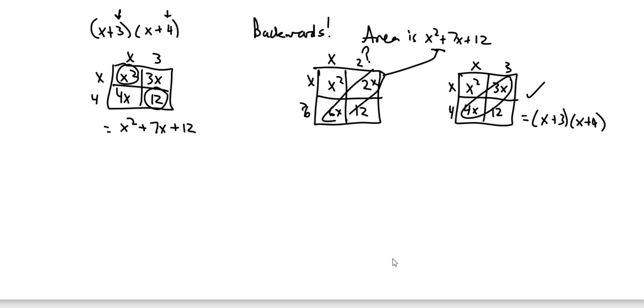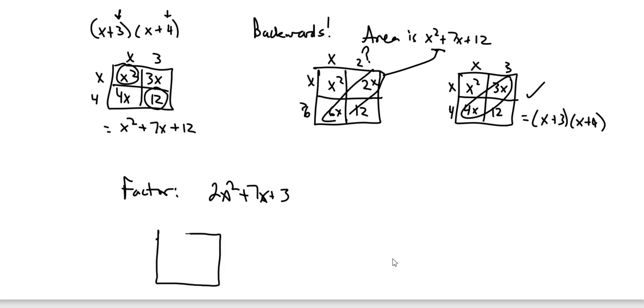Let's do a complex trinomial. So let's write factor. Let's just make one up. Let's go 2x squared plus 7x plus 3. And I am keeping them kind of simple just for the purpose of going quickly through the video, but this will work for any numbers that you want. The more complicated the numbers, the more trial and error you might have to do, but